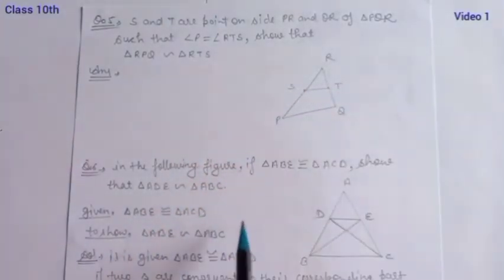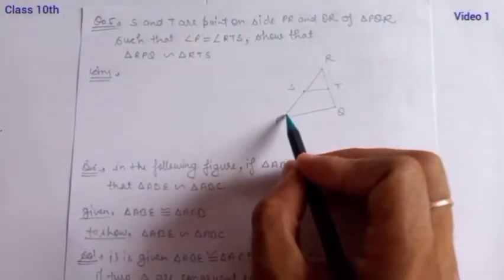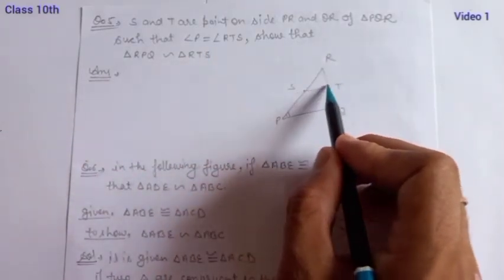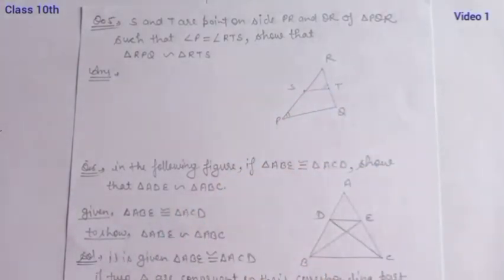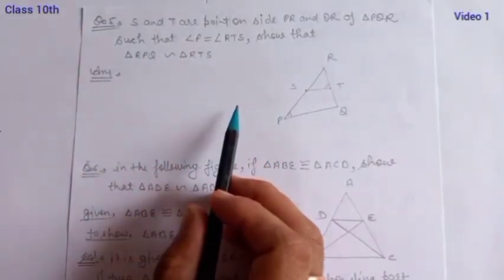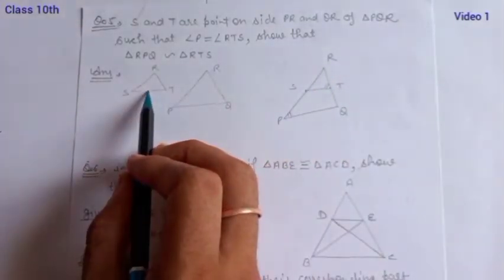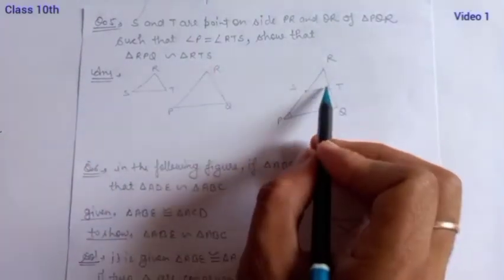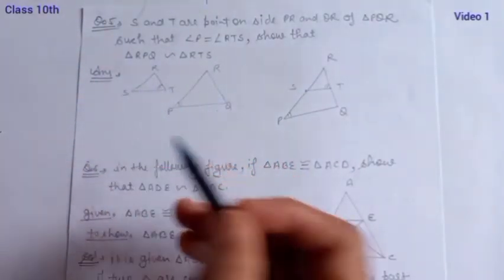Second thing is given that angle P is equal to this angle RTS. Okay student, it is the same as the previous question we did in the previous session. Now we have to check in triangles RPQ and RTS. Here, a copy of triangle RTS is drawn and RPQ is here. Now what is given in the question is that this angle is equal to this, and you can check in both triangles, we will compare.